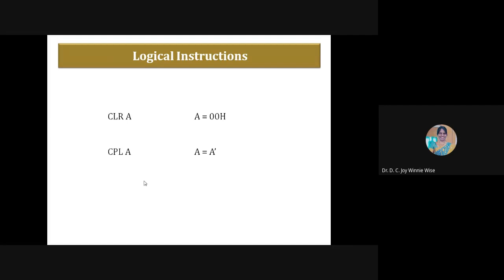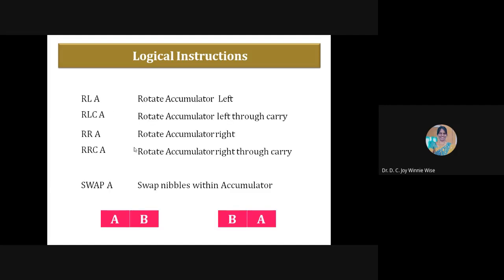Suppose you want to complement any data, the data must be in the accumulator. That's the condition. Then the rotate instructions: rotate the accumulator left, rotate the accumulator left through carry, then rotate right through carry. The swap instruction is used to swap the nibbles within the accumulator. Here also the condition is that whatever function we perform, the data must be in the accumulator.